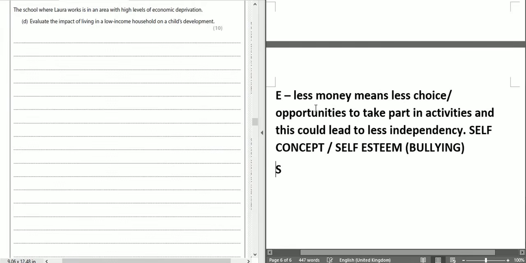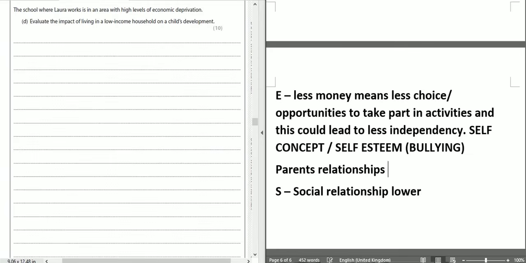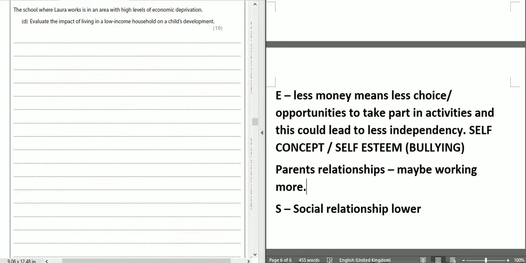And then socially, just social relationships, which are lower because they can't take part in activities. I realise I've kind of overlapped my emotional and social points, but what you can maybe also think about is parents' relationships. Obviously, maybe working more. So these are some of the ways we're thinking about the impact of a low